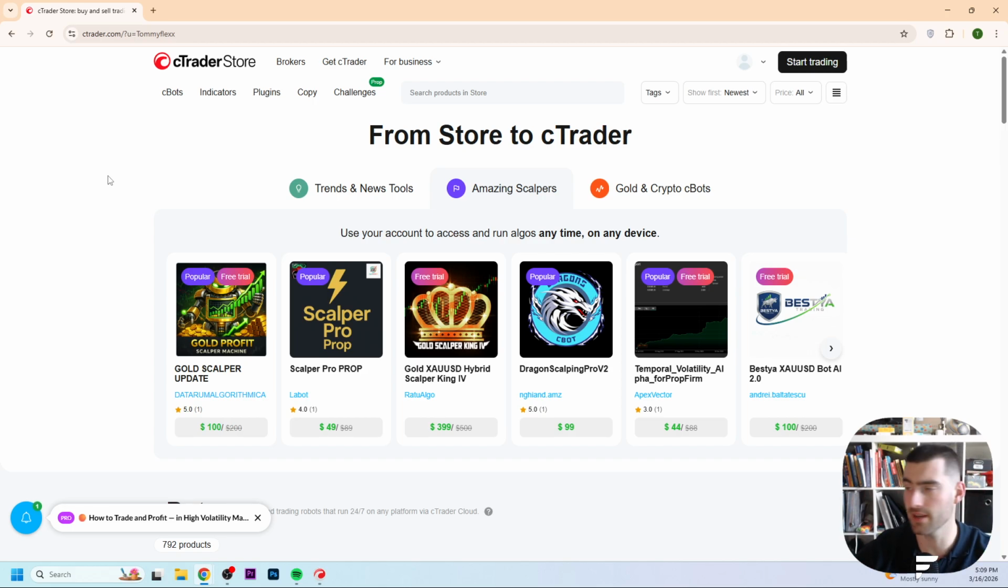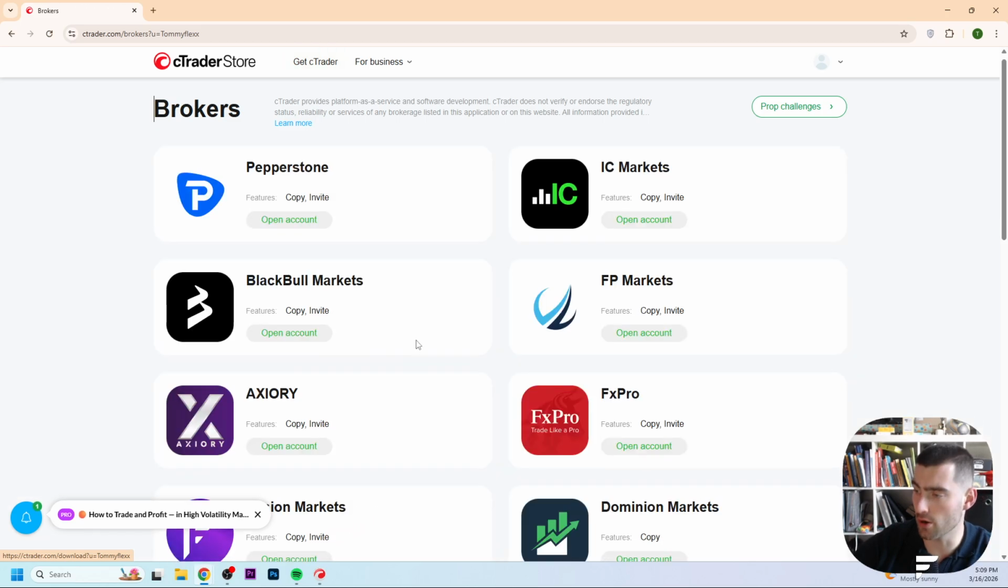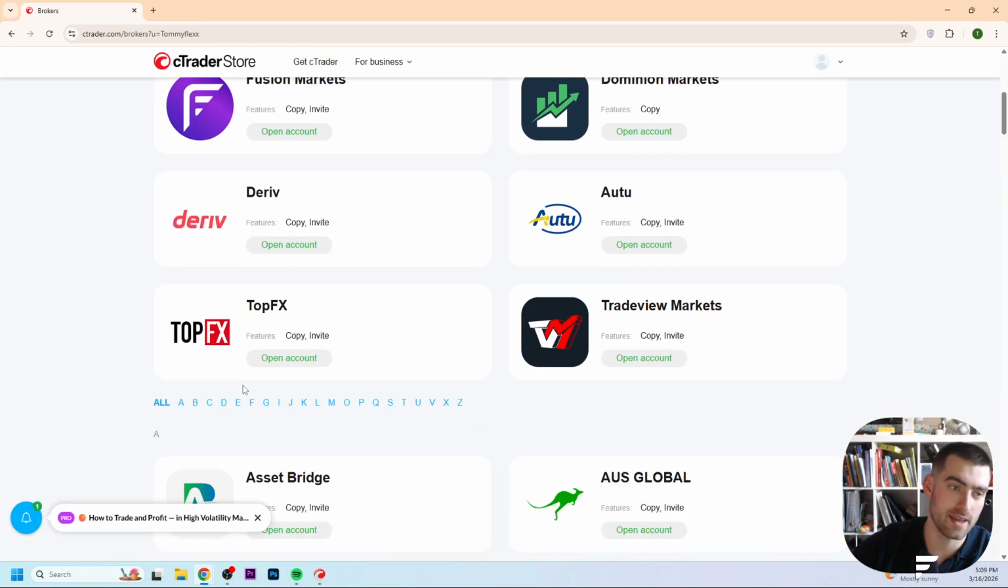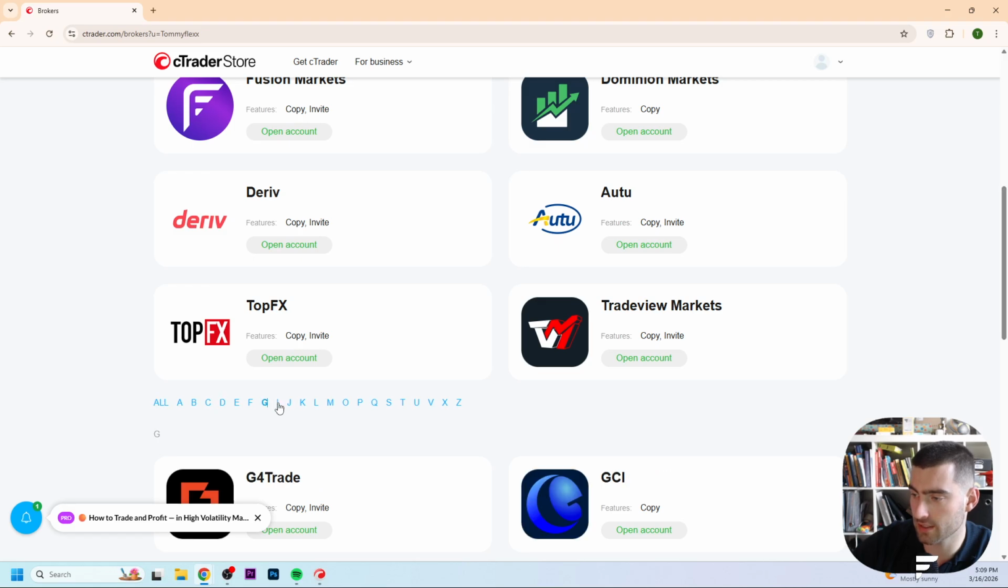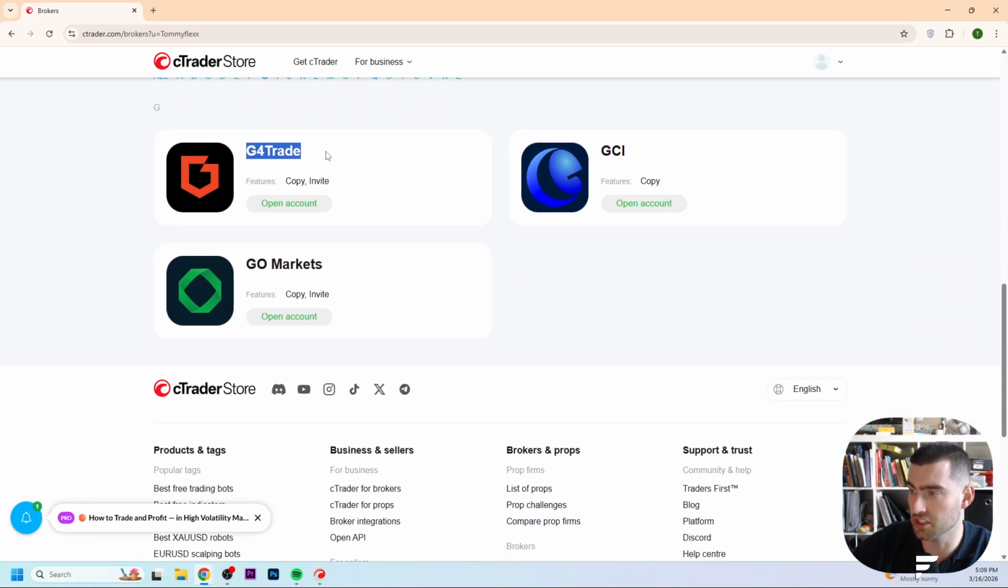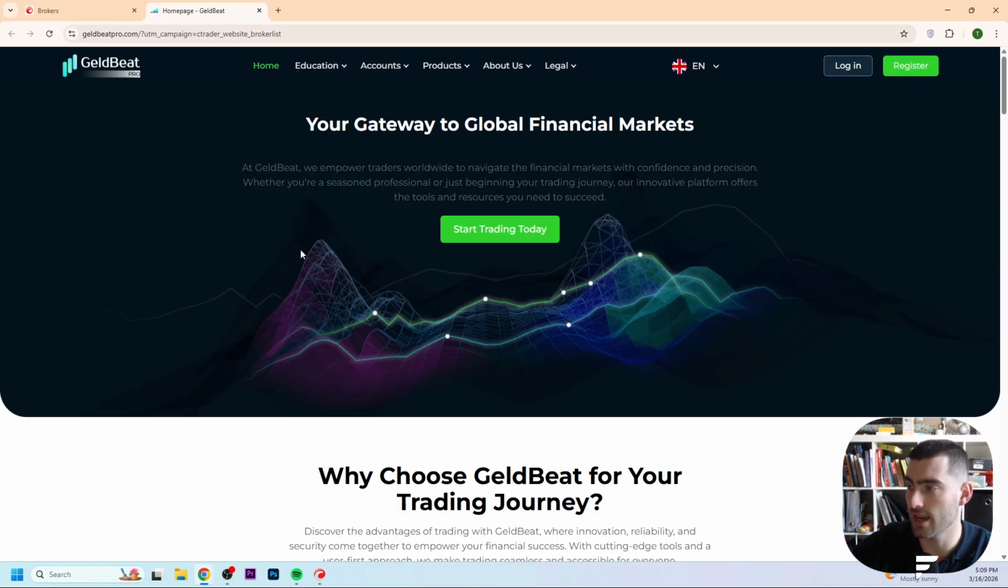how to connect G4 Trade right here on cTrader. And if you want to do this, we go to brokers, load more, and then what I'm going to do is go right here to the G where we will find G4 Trade. Then right now we click here on open account,